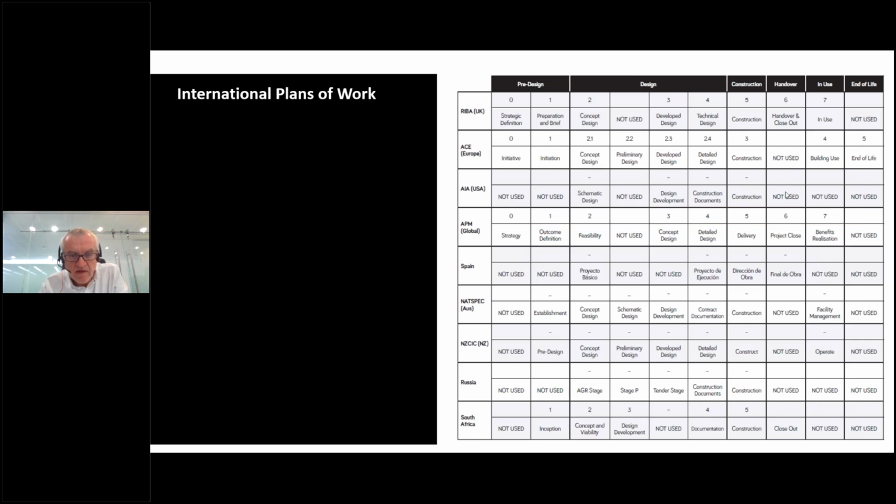And the other thing I would say about the plan of work is that we did do a mapping. In the guidance document, you'll see a mapping against all the other plans of work in the world. So the RIBA plan of work is not unique globally. Most countries do have their own plan of work to bring some clarity to the stages. But what you'll see here is that where the RIBA plan of work is quite unique is that stage 0 is unusual in other countries, and also the post occupancy, the in use, is also quite unusual. So I would say that the RIBA plan of work is one of the few plans of work that looks at the whole life cycle of a project, which was obviously one of the intentions when it was updated in 2013. Next slide.